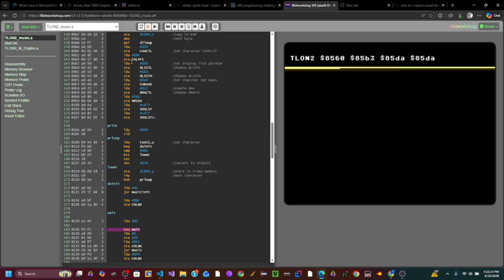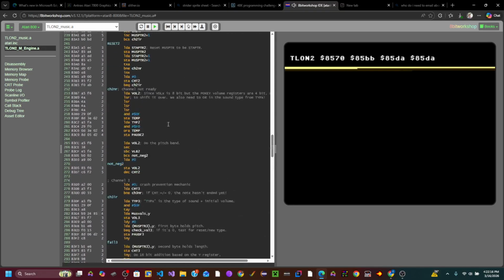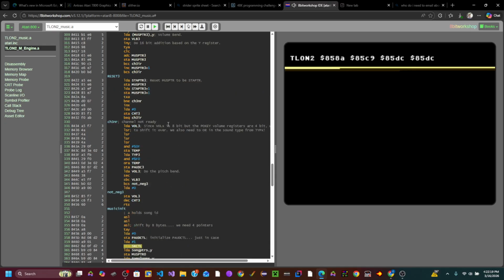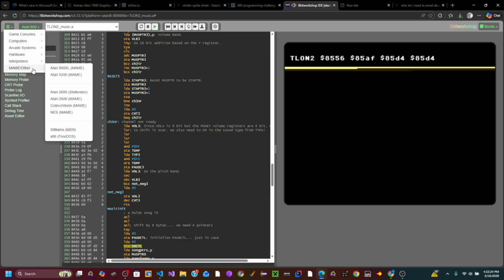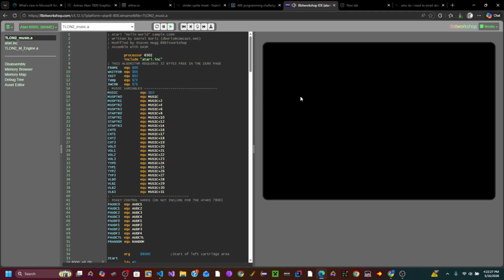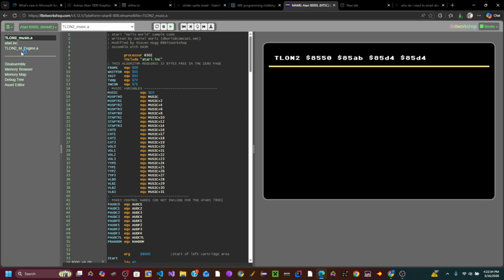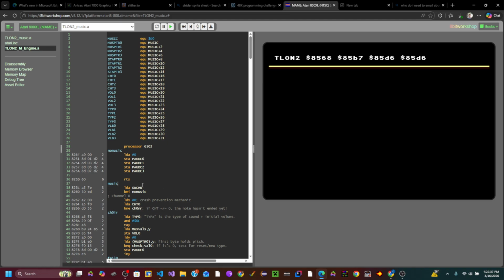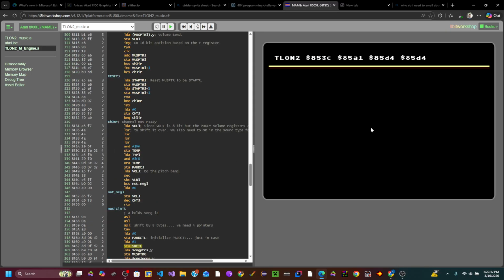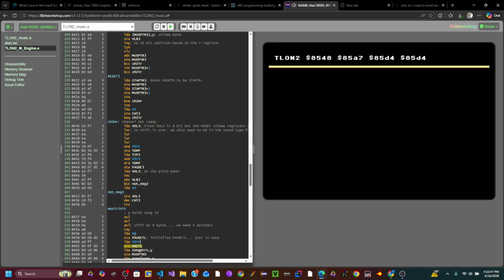So if I go back here to music, it's taking a bit to load. If I open main, it takes a bit to load. As you can see, you can't hear anything. But change to one. That's good. Can't hear anything. But if it's